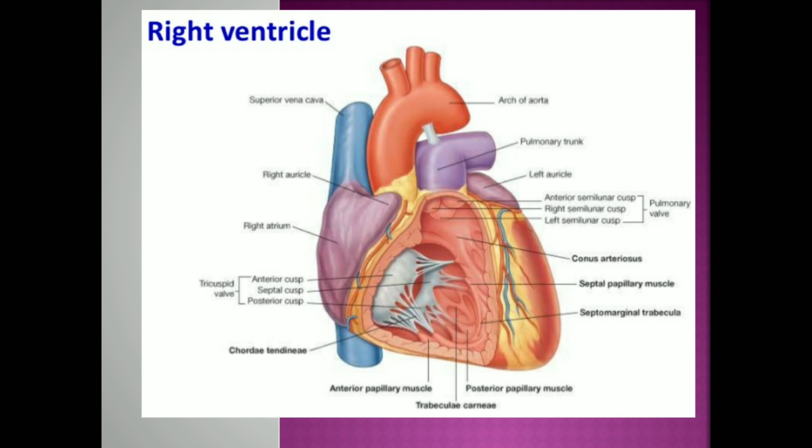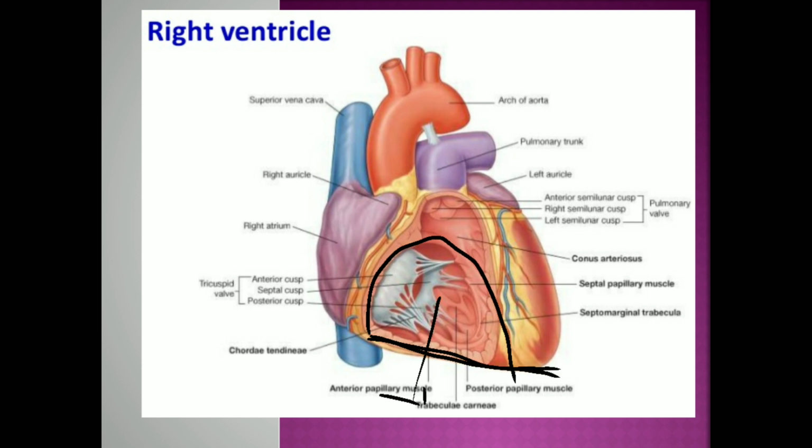Next, we'll look into the right ventricle. You see this is the right ventricle. The right ventricle forms which surface of the heart? What are the external features of the right ventricle? You have to tell first. The external features of the right ventricle: it forms the sternocostal surface, the diaphragmatic surface and the inferior border of the heart. You can see here the sternocostal surface, diaphragmatic surface and inferior border of the heart.